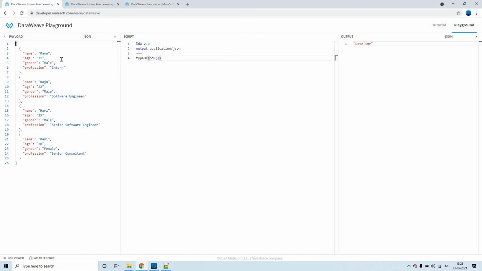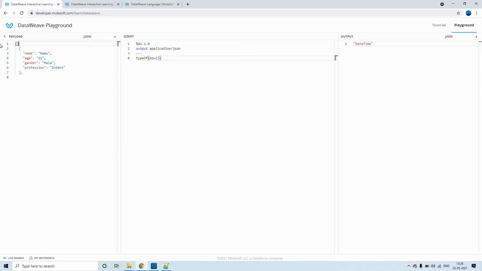For example, I'm going to change it to an object of objects, or else let me remove this thing. Okay, now you see here, type of payload.